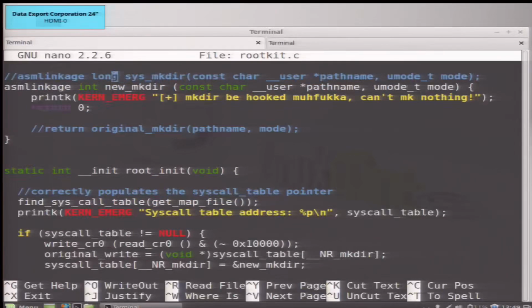So this new mkdir, right? This is what we're actually pointing the mkdir system call to. If you can just take a short look at it, don't worry about all this stuff. All I'm doing is, this function does absolutely nothing, right? So when I try to make a directory, it should fail.